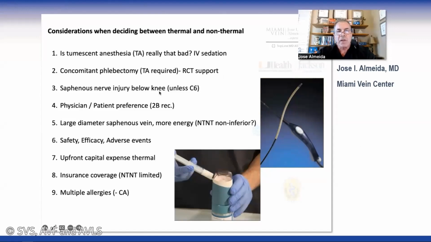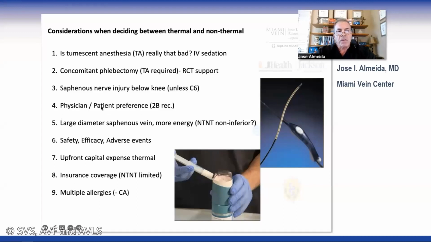Saphenous nerve injury below the knee is a consideration. So if we need to treat the below knee saphenous, we will use a non-thermal. But for the thigh saphenous vein, we tend to prefer thermal. I put here C6 disease. Patients with ulcers already have a neuropraxia in the area, so a little numbness is not as big a deal